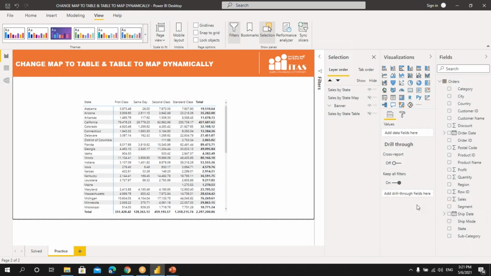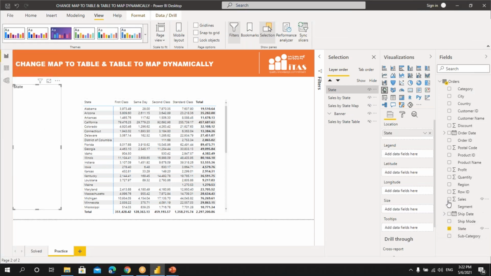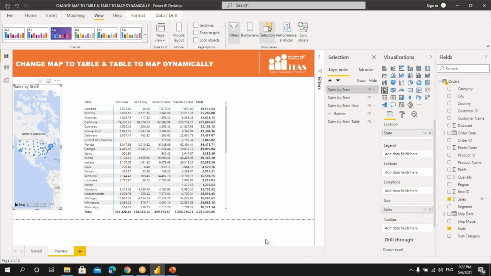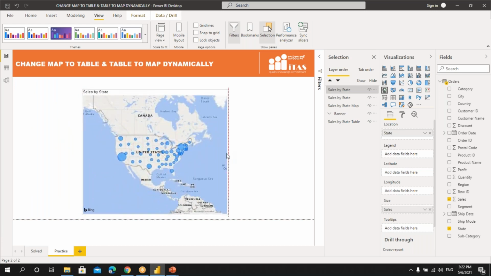Now let's create a map. I'll click on this visualization. I'll get a map and we'll select the state and sales. Now we'll place this map just above this table, exactly to the size that we have with the table. So let's cover this.